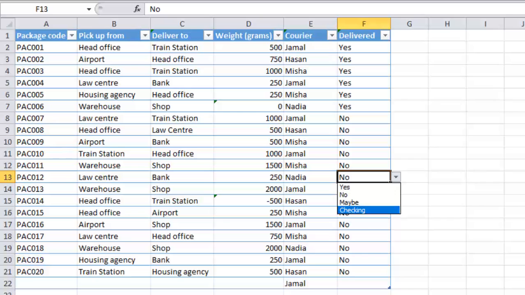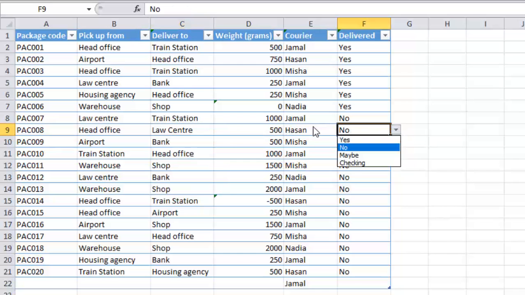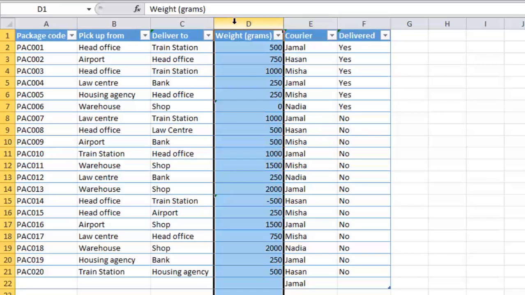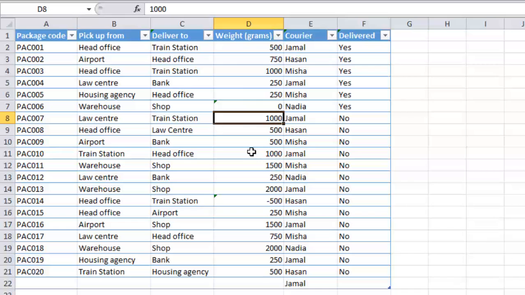And as you can see over here, we have so many different types of validation. Over here we created list validation for courier, delivered, and the name of the employees. And in the weight we created a validation with numbers. We want the numbers that we enter over here, they should be a whole number and they should not be 0 or with a minus value. Okay,